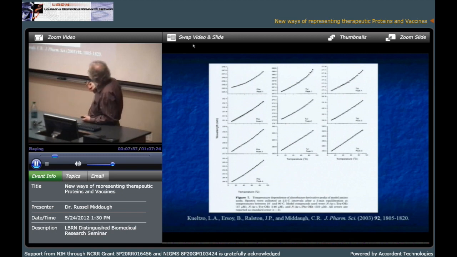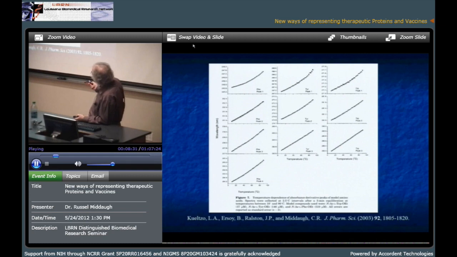So you might wonder, how does one achieve this? Notice these increments are only 0.2 of a nanometer. How is it possible to get such precise measurements? Well, all of the work I'm going to describe was obtained either using a diode array spectrometer or using a spectrophotometer with a CCD detector. This allows you to determine the absorbance at any particular wavelength with very high precision, better than 1 to 200ths of a nanometer. We take advantage of that in the work that I'm just about to show you.